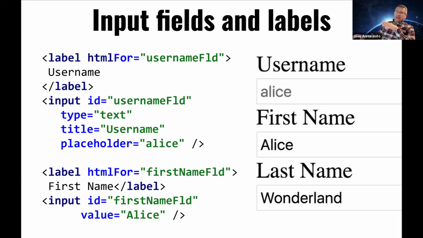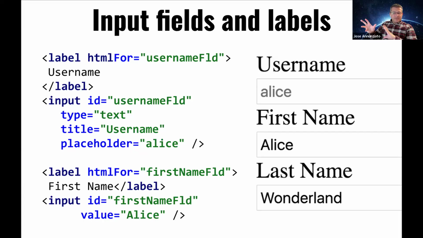In this case, type allows you to specify what type of input you want. Here we're specifying that it is of type text, which means a single line of text where you can type any character: numerals, text, dates, whatever, emails,